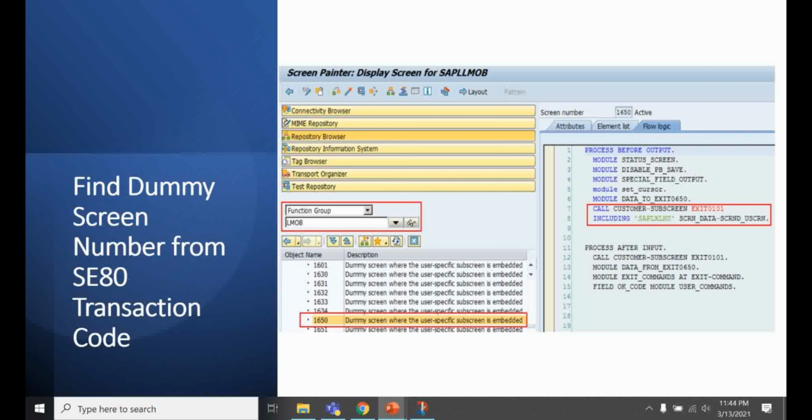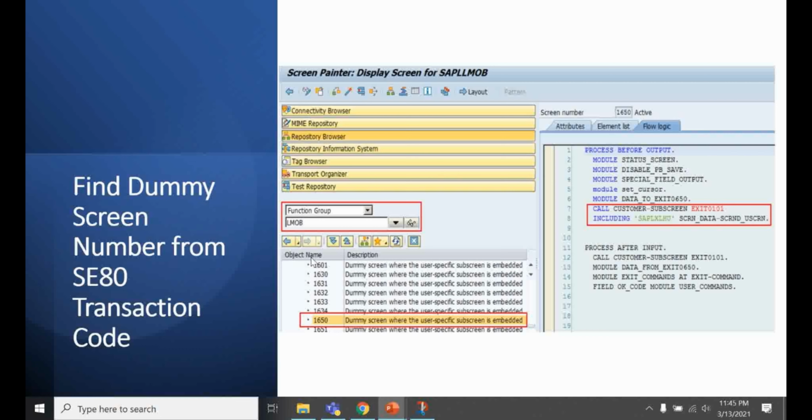Here we have to go to transaction SE80. There, you have to select the function group option in the drop down, and the function group name is LMOB. After entering the function group and its name, it will display a list of object names.